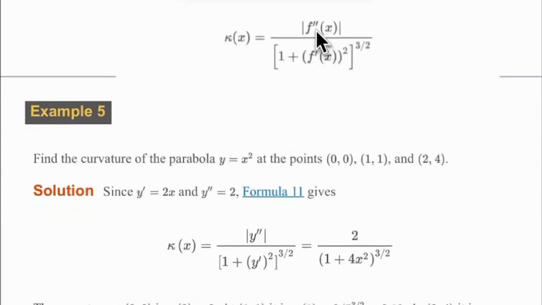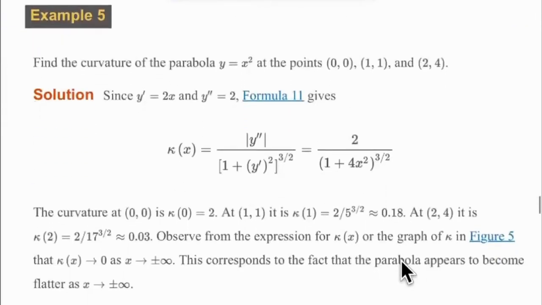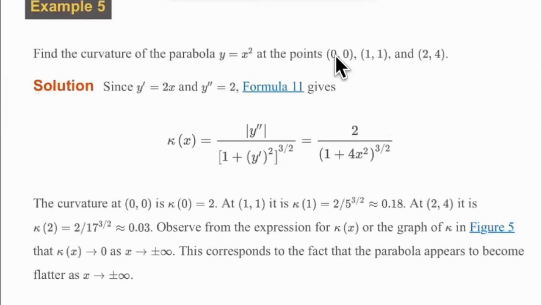Now we're going to put that into this formula. The magnitude of y double prime is 2, and y prime is 2x, so the square of that will be 4x squared. So the curvature of this parabola is going to be equal to this. Now, we want to find the curvature at (0, 0), (1, 1), and (2, 4). All we have to do is substitute the different x values into this. So calculating, we get the curvature at 0 is 2, at (1, 1) is about 0.18, at (2, 4) is